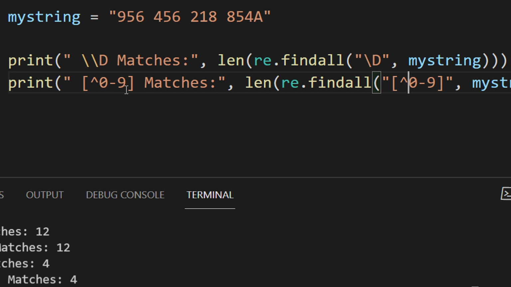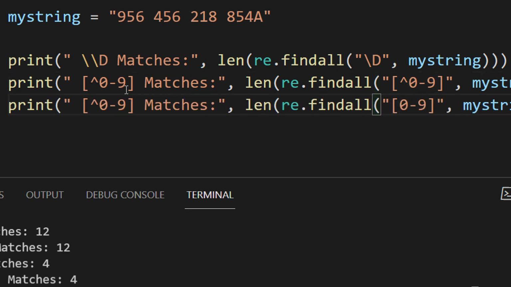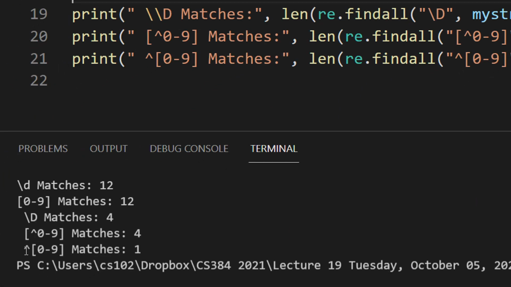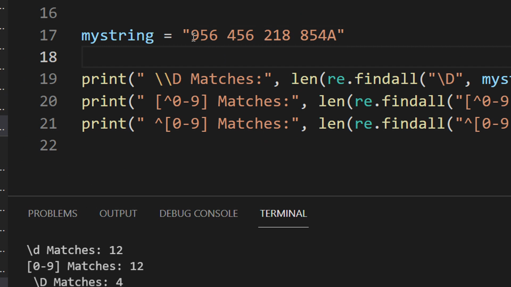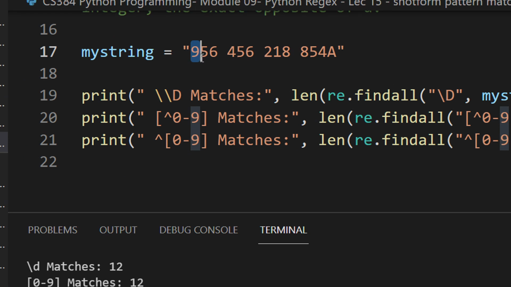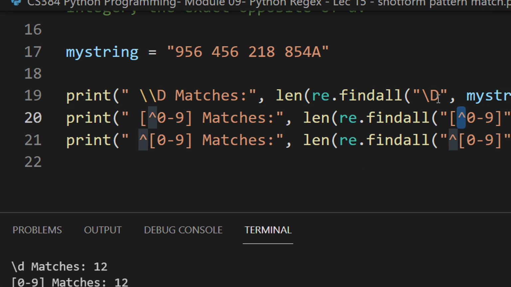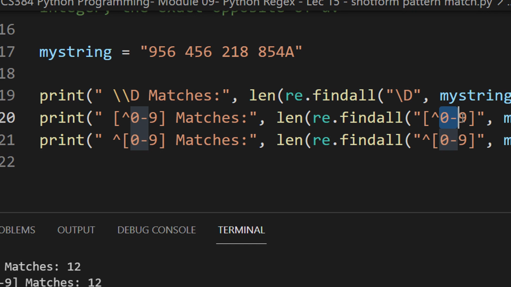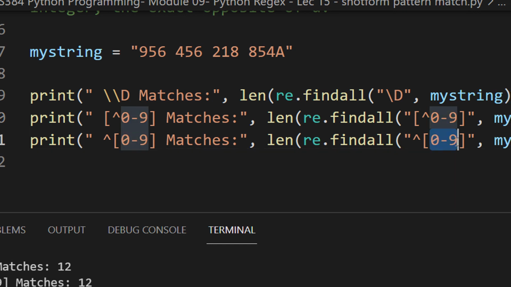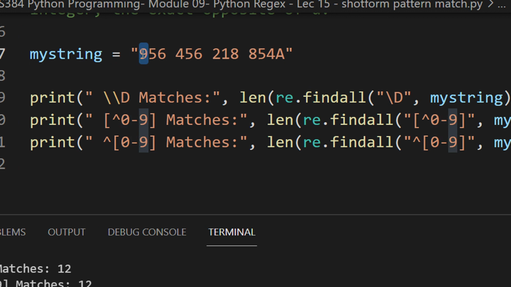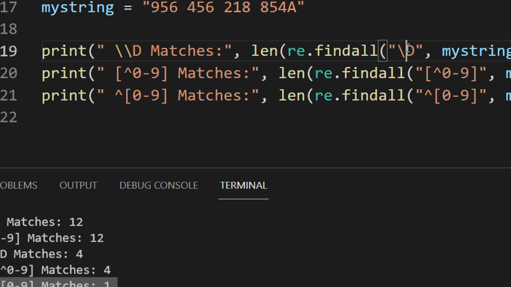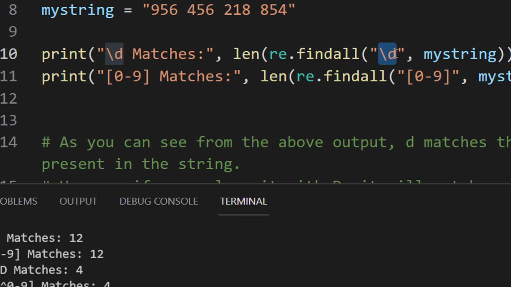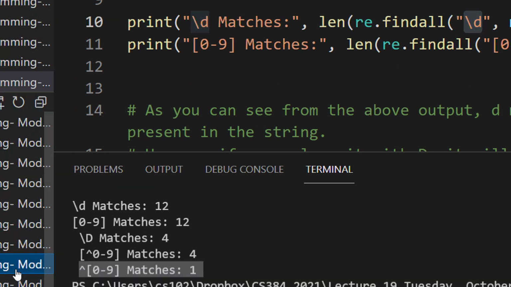If I write this, okay, let me just try another example here. If I write here, right, see, I'm placing this just outside it. So when I run the code, you can see in the start we have only one number, right? It just matches this thing because this is at the start of the string. Fine. But if you write this particular thing, it will match anything which is not 0 to 9. It will match 0 to 9 at the beginning, so it matched basically this string, right? So this is how slash capital D, which is just a complement of slash small d, works.